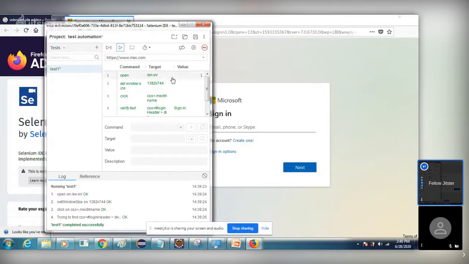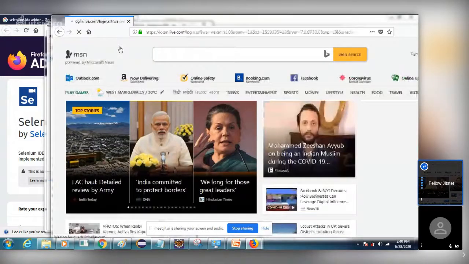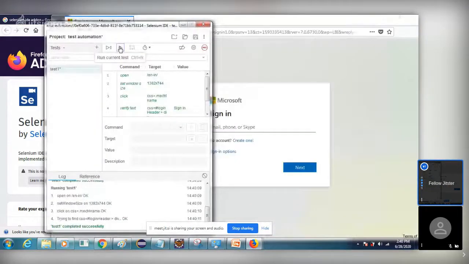Okay, if you want to check it once again, you can check it. See here. Now click on this current test. I'm not doing anything with my mouse. Okay, it opened the Firefox browser with the msn.com website, clicked on the sign in button, and verified the text called sign in here. So this Selenium IDE tool is nothing but what we call a